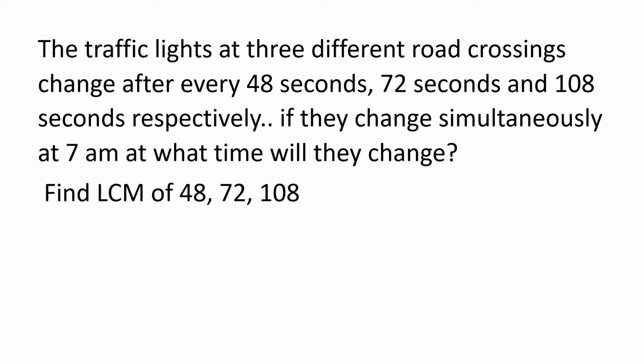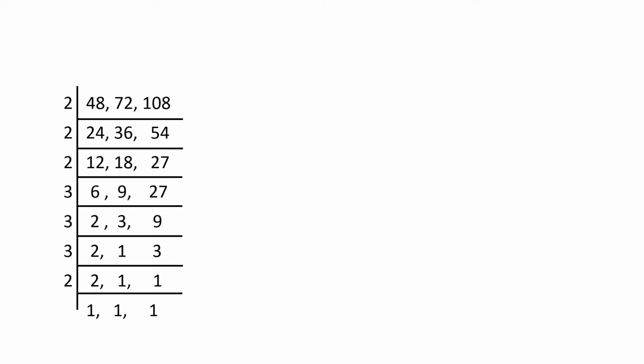Now going to the next slide to show how we have taken the LCM. Here you see, we have taken 6, 9, 27 up to that as usual, then divide by 3. 2 3s are 6, 3 3s are 9, 9 3s are 27, then divided by 3. See, 2 will not go in the 3 table, so it stays as it is. 3 1s are 3, then in the 2 table, 2 1s are 2, and 1. So we have taken the LCM.